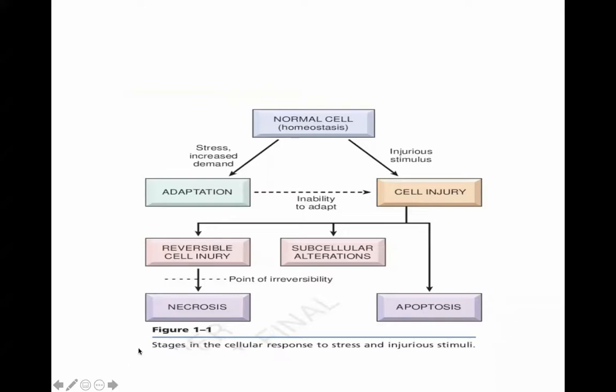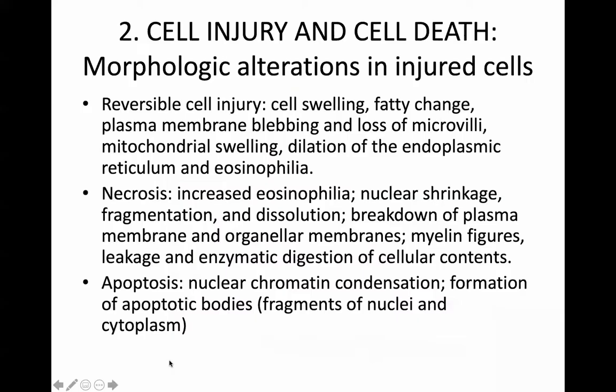And I'm sure you learned about apoptosis in biology, where apoptotic bodies are formed by the nucleus, and these release toxins into the cell cytoplasm, dissolve the cytoplasm, the cell wall, and finally the nucleus, right? So these are viable mechanisms of cell death. Now, what are the kind of morphological alterations that happen in injured cells?